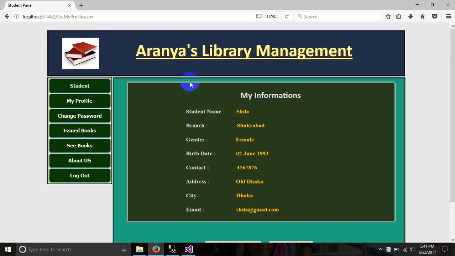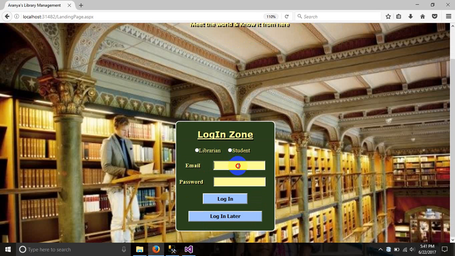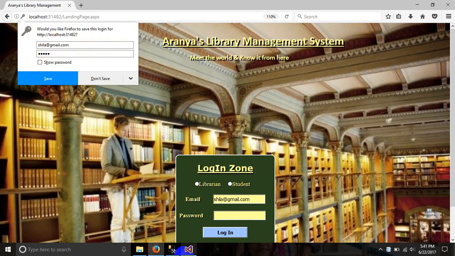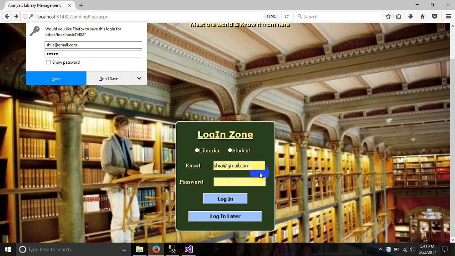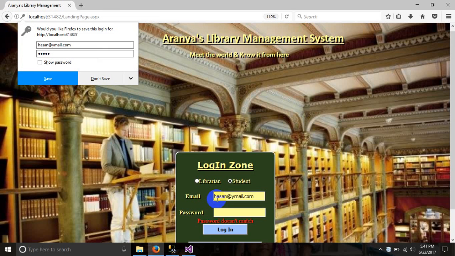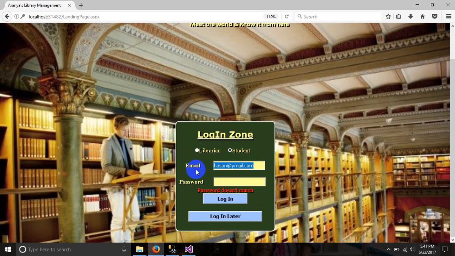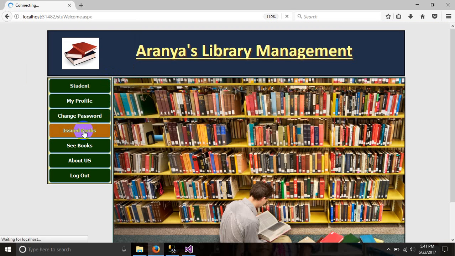So when you delete your account, now there is no account here. So if you want to log in as Hassan, sorry, wrong password. If you want to log in as Ehsanul,